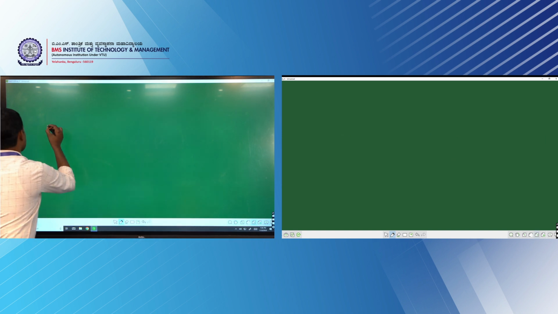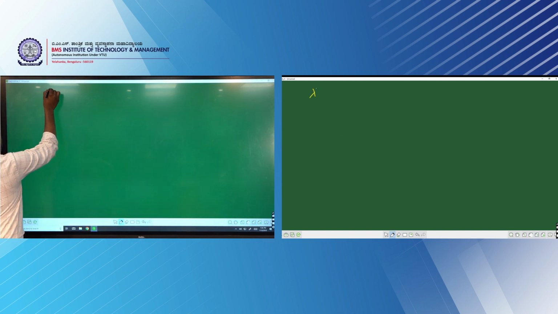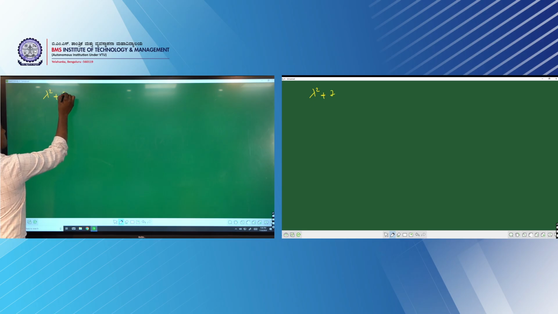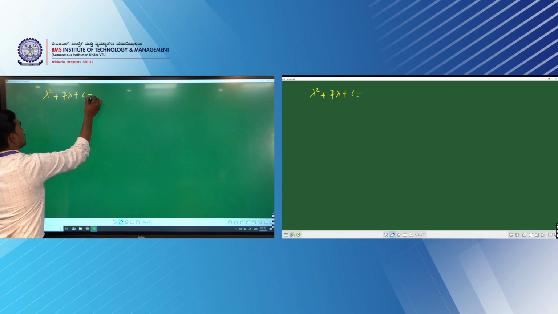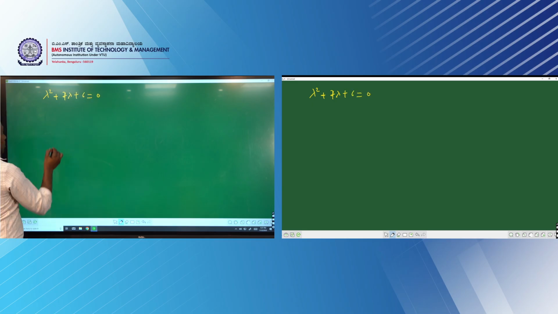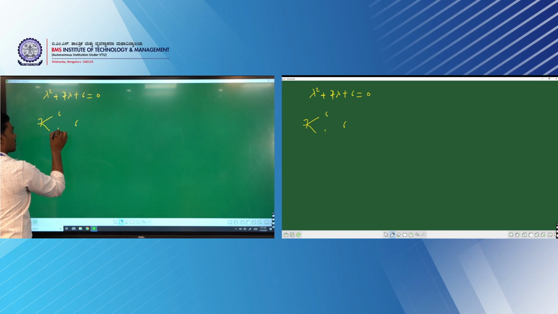The equation is lambda square plus 7 lambda plus 6 equal to 0. Now the method is, if you add you should get 7, and if you multiply you should get 6. What are the factors? So we can take it as 6 and 1. 6 into 1 is 6, 6 plus 1 is 7. So it is lambda square plus 6 lambda plus